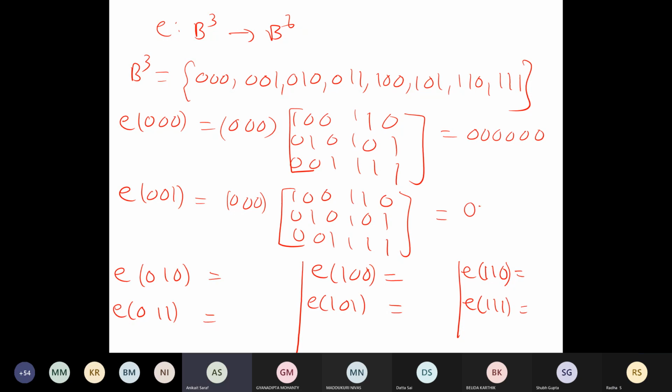So tell me what is E of 0, 0, 1? Ma'am, 00 and then 4 ones. Okay. Then 0, 1, 0. Do it and say, no problem. Everywhere you can fill these 3 entries; you need not calculate that.